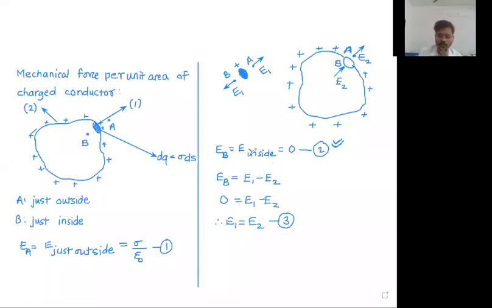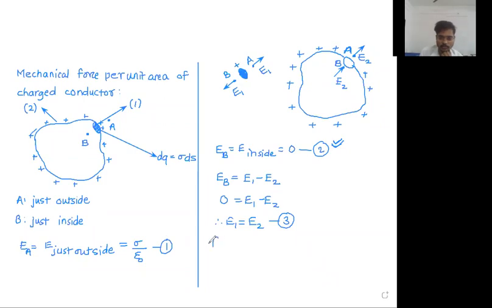Sir, if this is true, we know that electric field inside is 0 and that will be the vector addition of the first electric field and second electric field. So at point B, electric field because of the first conductor and second conductor we have to consider. Because of the first conductor it is directed inward. Because of the second conductor it is directed outward. So both of these electric fields will cancel each other. Yes, perfectly fine, no doubt.